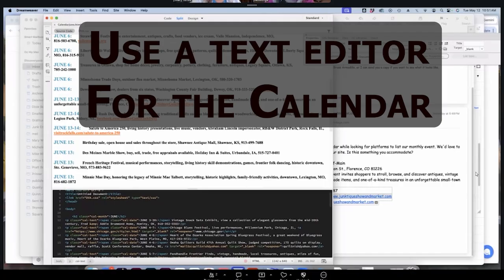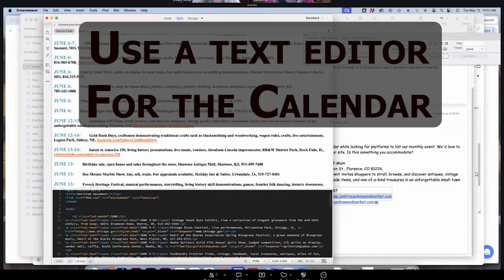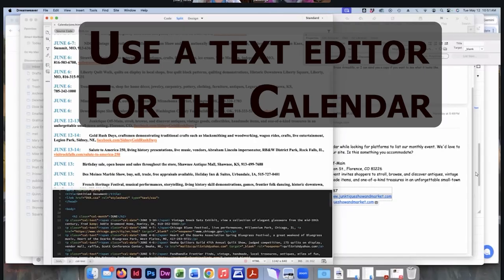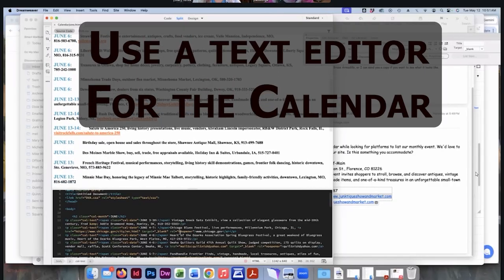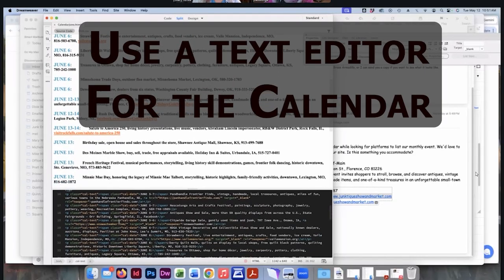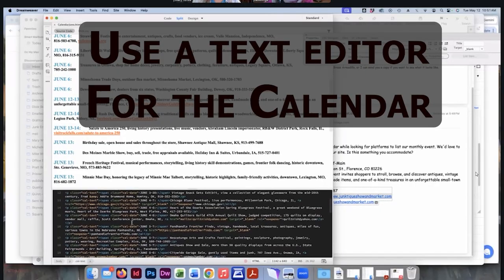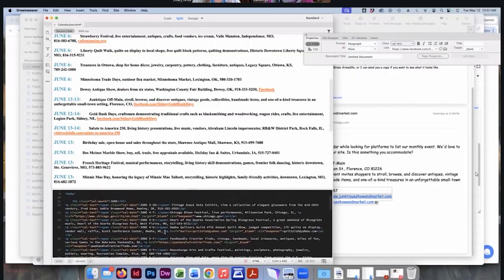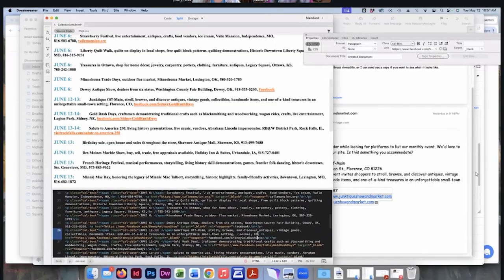Well, I'm still working on this. Oh, okay, sorry. I'm trying to change this, the website. It's all the way down. Here it is. Okay. Gold Rush Days. I want Gold Rush Days. So if I'm changing this,